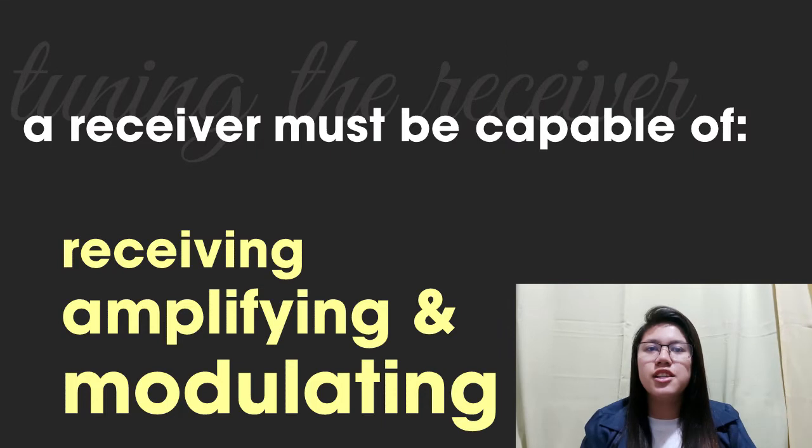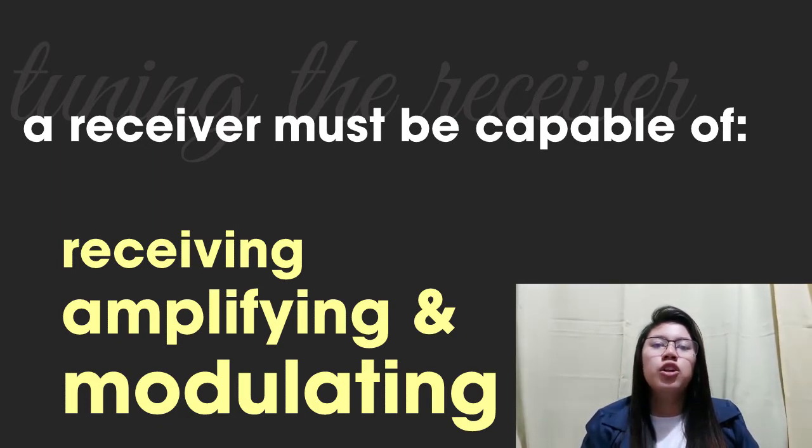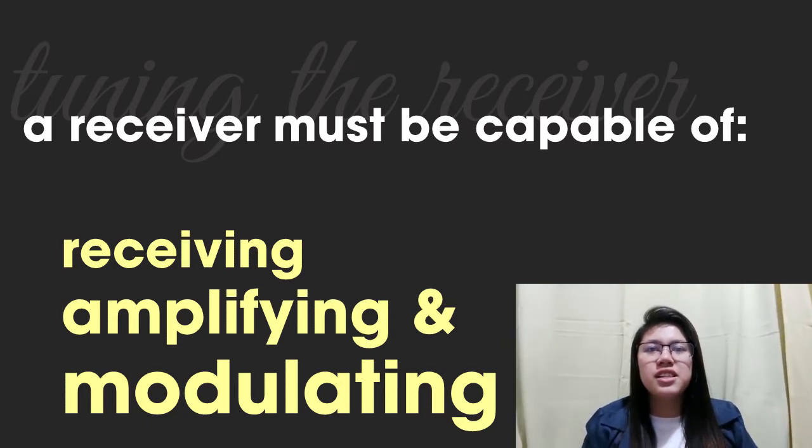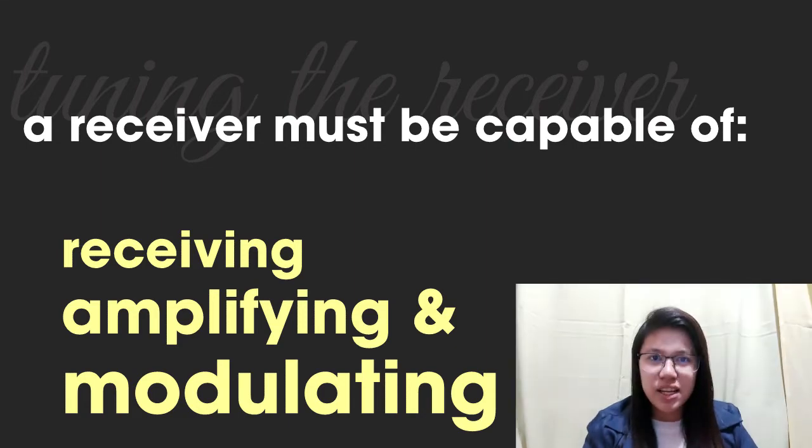To do this, a receiver must be capable of receiving, amplifying, and demodulating an AM wave. It must be capable of band limiting the total radio frequency spectrum to a specific desired band of frequencies. The selection process is called tuning the receiver. To completely understand the demodulation process, first it is necessary to have a basic understanding of terminology commonly used to describe radio receivers and